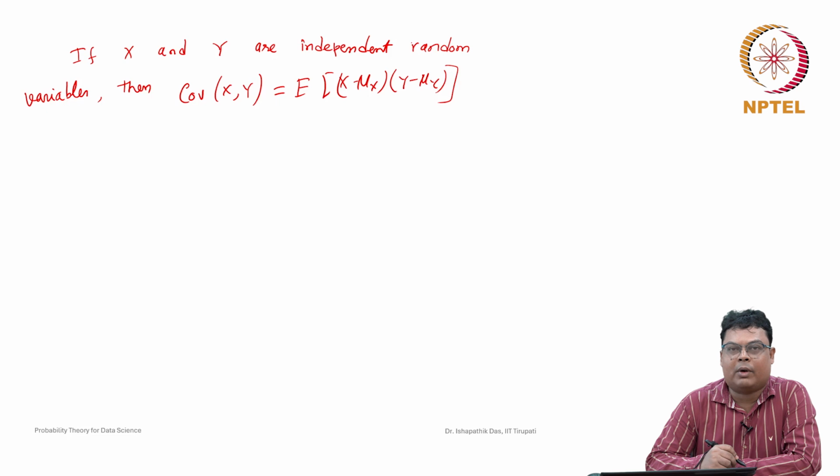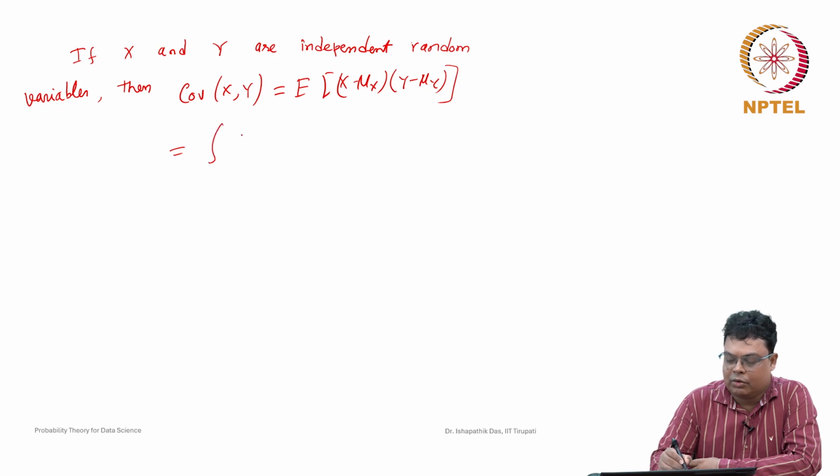covariance of x y is equal to expected value of (x minus mu x) into (y minus mu y). If x and y are independent, what will be this expected value? Suppose you consider x y continuous random variables; the discrete case will be very similar, where this integration will be replaced by summation. So, we will do it